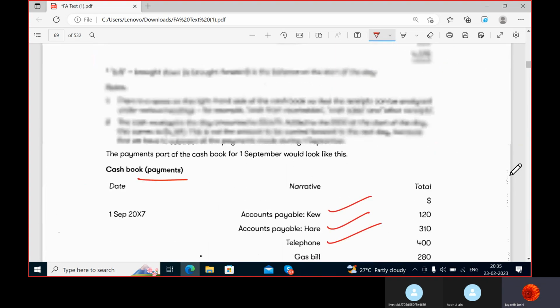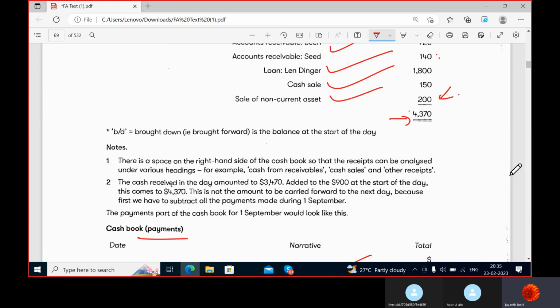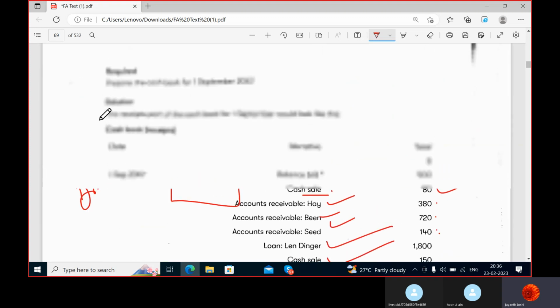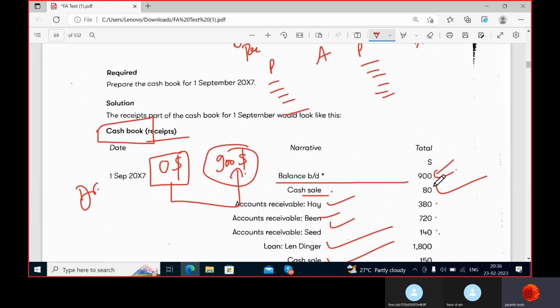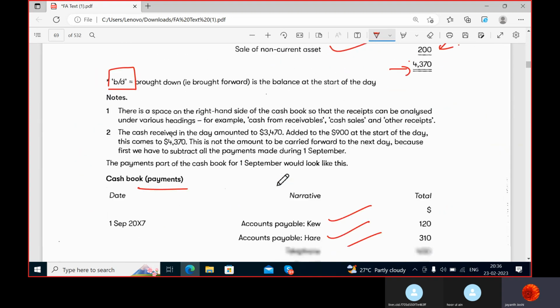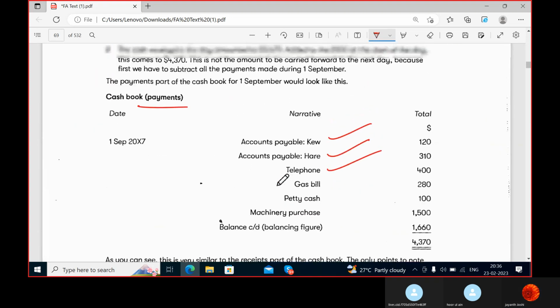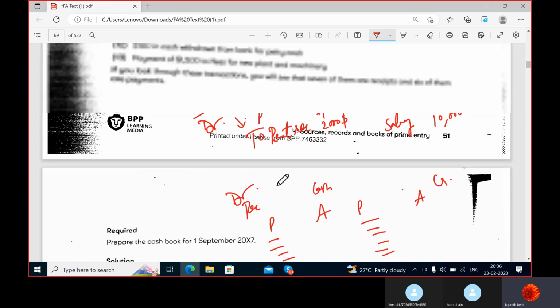So one more instruction: whenever you start to make a cash book, you always have to see whether you are starting that cash book with some amount already in it. If that is the case, then you should write balance brought down in the beginning. So we have written that balance brought down. That's one more instruction, which I've already explained in my way. And then something else we will tick here and put